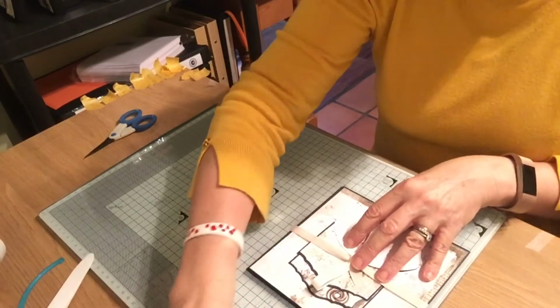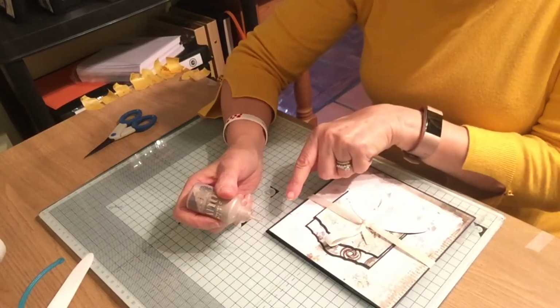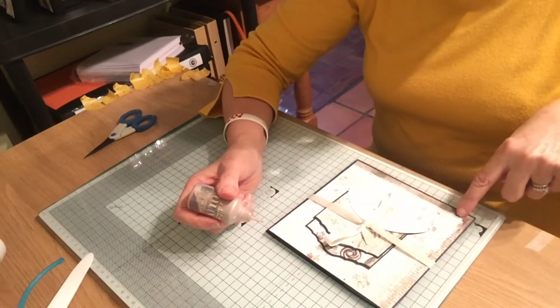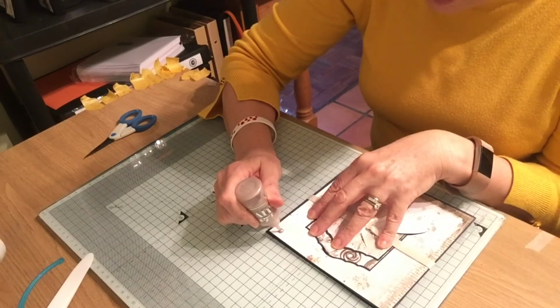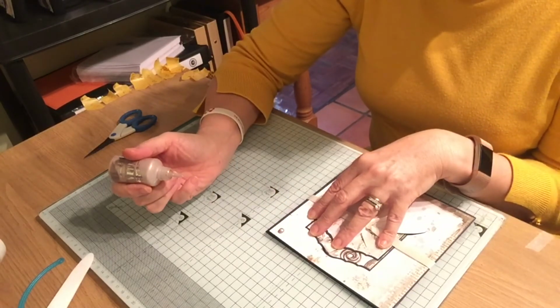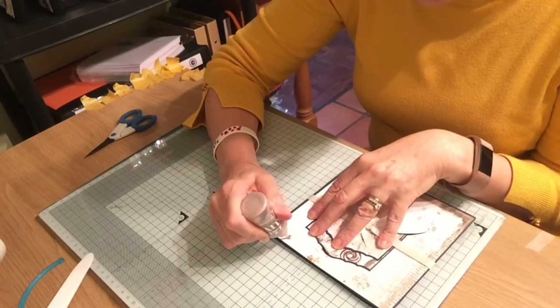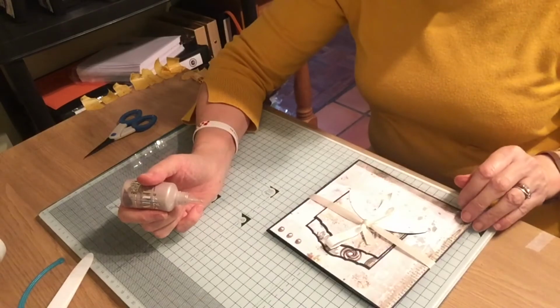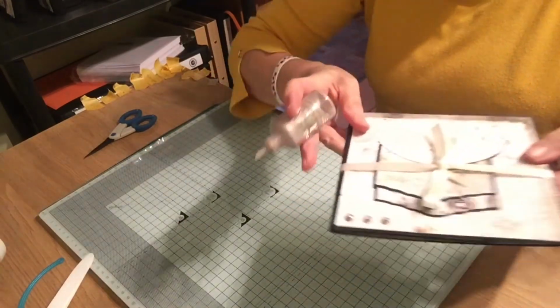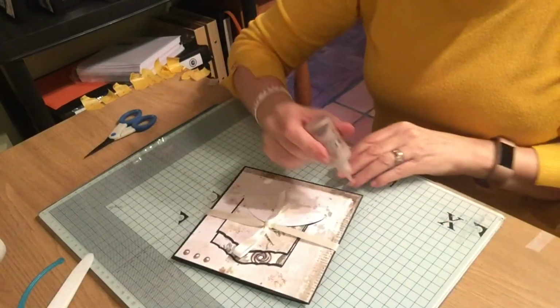So, when I can get you any closer, I think I'm going to put 3 across there and 3 down there. So starting at the edge, and you literally just squeeze until you've got the size you want. And at the moment it's got a little bobble on it. That little bobble will level out and you will have a perfect dome. I can't lift it up very high because it will run. And then I'm going to put 3,